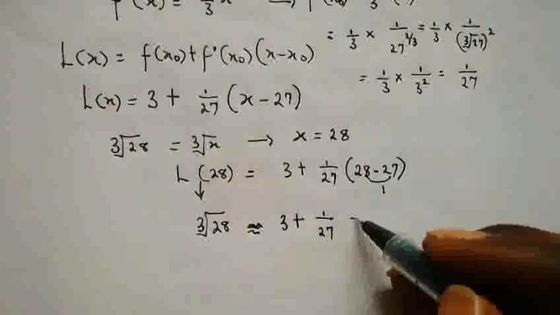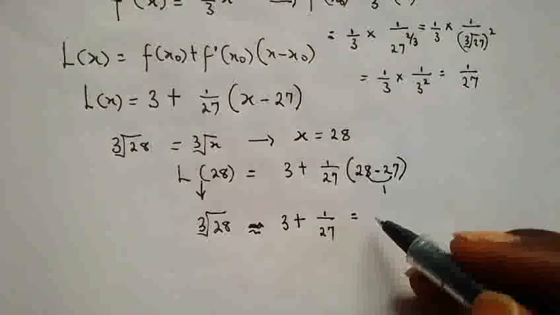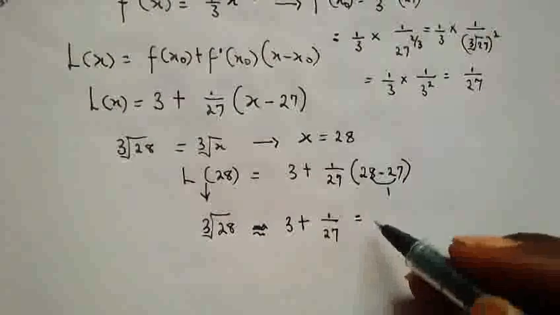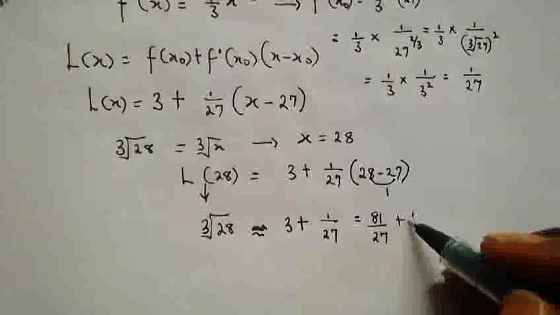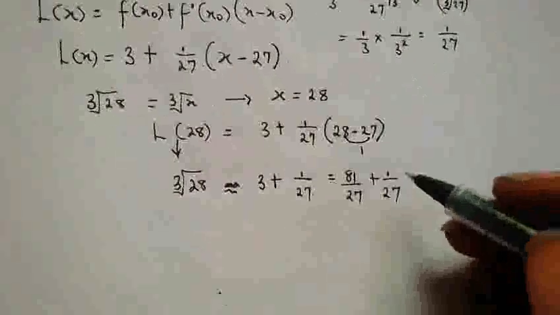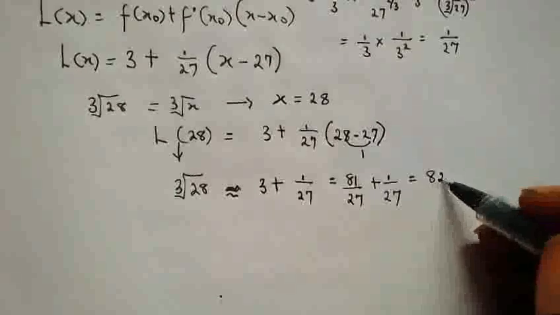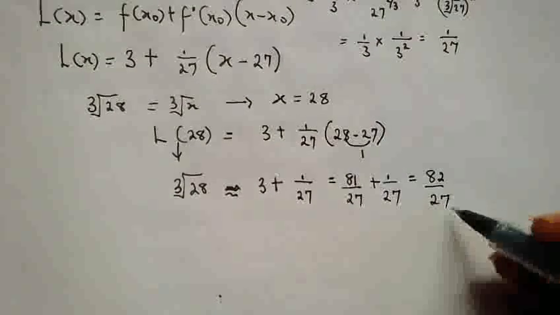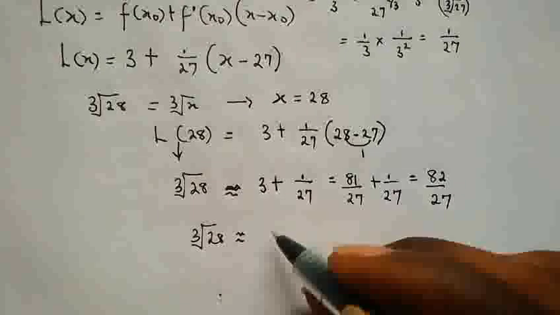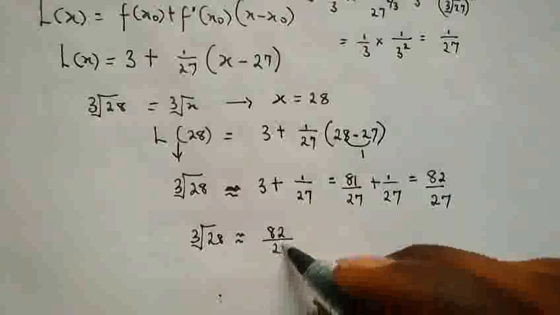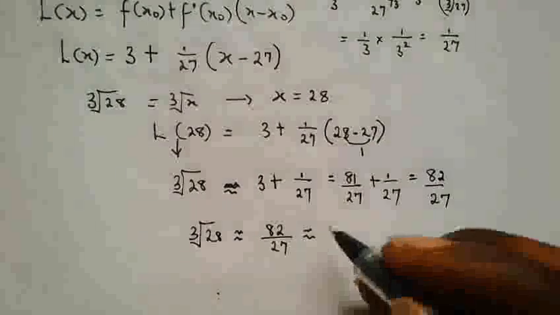So this is equal to, 3 can be written as what? 3 can be written as 81 over 27, then plus 1 over 27. So I avoided the primary school LCM method here. So we have this 82 over 27. So here we say cube root of 28 is approximately equal to 82 all over 27, and this is approximately equal to